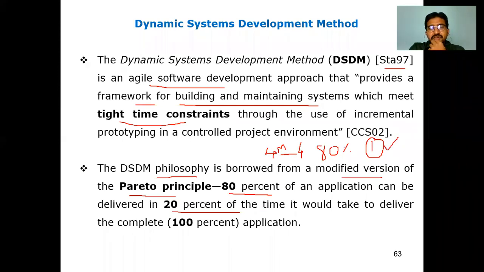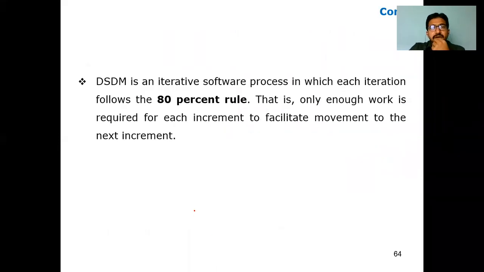So it takes the modified version, and new features and new changes are added over there. Because of that, within 20% of the time the project is delivered to the customer. Out of these 4 modules, 80% goes to 3 modules, and approximately it takes the time needed to complete 1 module. So it delivers in that fast way, so that 100% of the work will be completed. That's about the Pareto principle: 80% of the application can be delivered in 20% of the time.